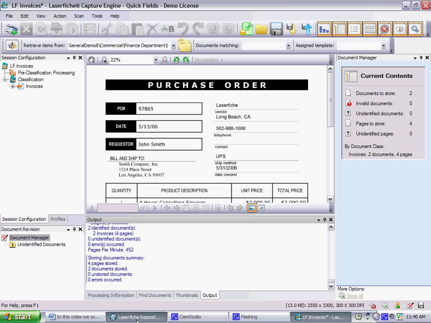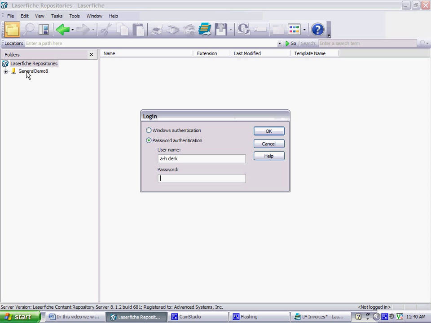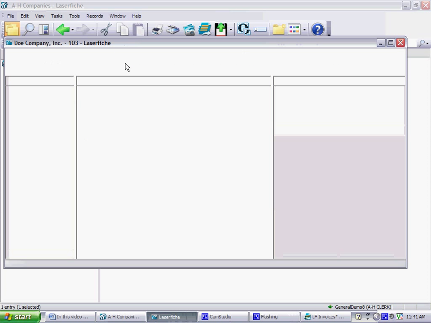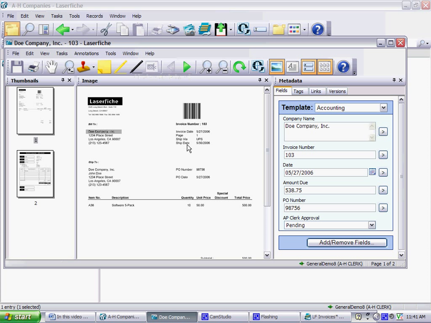From there, we can use the Laserfiche client and log in as the clerk responsible for company names A through H, and go to the A through H companies folder, where we see that we can now open the Doe Company invoice file. From here, the clerk can now review the invoice and either approve or deny the invoice by using the drop-down field. Once the invoice is saved,